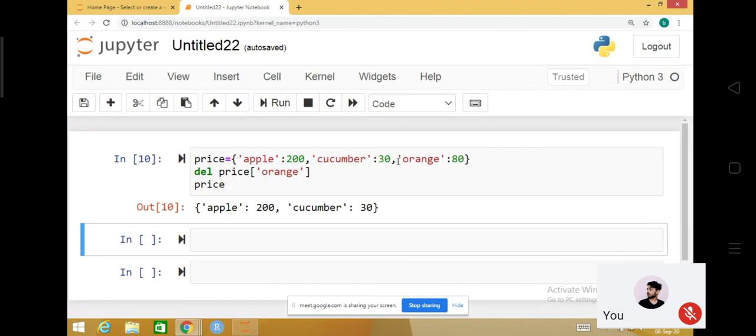But there is another function get, where the first parameter specifies the key and the second parameter specifies what value must be returned if the key is not found. So am I able to answer your question? Yes. And if you want to delete the entire thing,